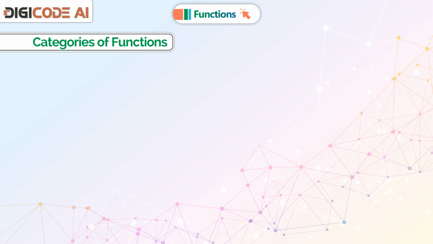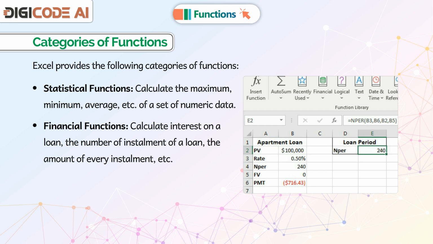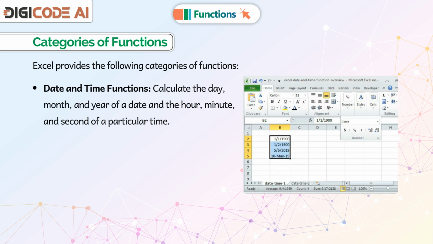Categories of functions. Excel provides the following categories of functions. Statistical functions. Calculate the maximum, minimum, average, etc. of a set of numeric data. Financial functions. Calculate interest on a loan, the number of installments of a loan, the amount of every installment, etc. Date and time functions. Calculate the day, month and year of a date and the hour, minute and second of